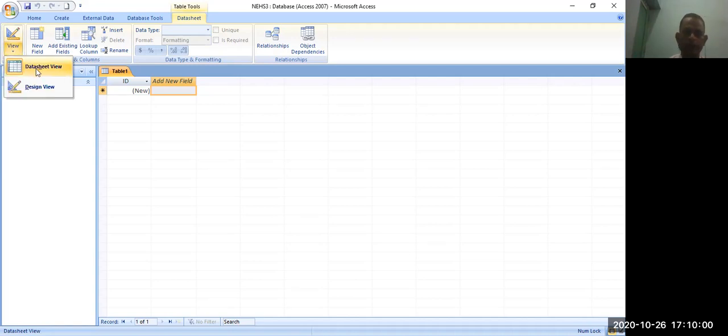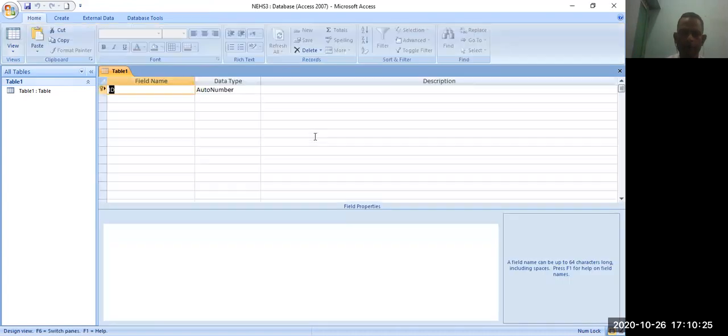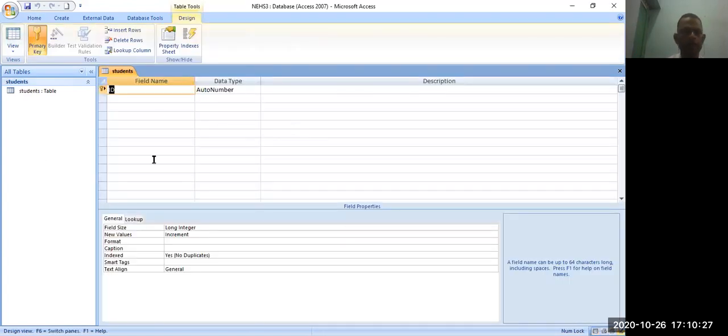This is the datasheet view, and another one is the design view. When you click on the design view, you can see the save as. Just enter the table name. I'm going to create the table name student. Press OK.